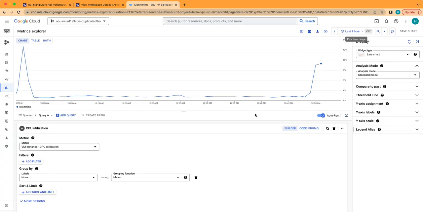Now, what else can we use the Metrics Explorer page to determine? Well, if our CPU utilization is at 100% and it's just staying at 100%, that means you probably don't have enough CPUs for the task at hand, whether that's a series of commands or just one command. If you see your CPU utilization at 100% for quite a while, I would recommend increasing the amount of CPUs allocated to your environment. So that will allow the CPU utilization to drop, and whatever commands you're trying to complete,